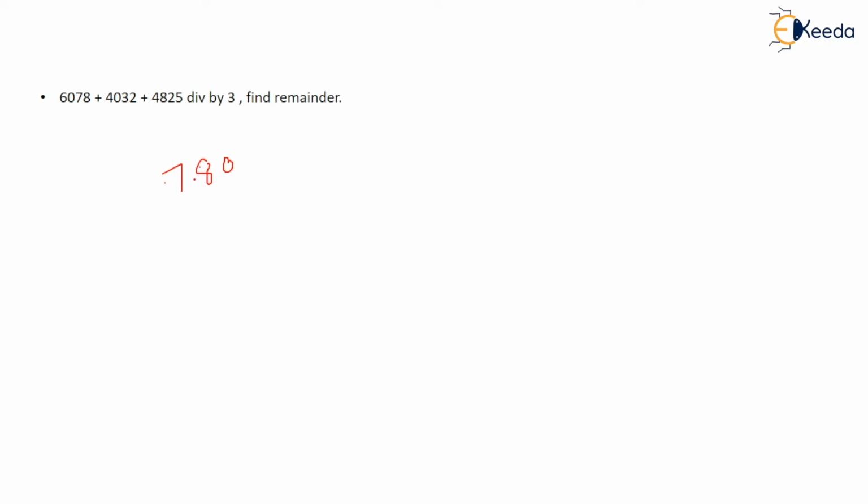What I have to do, I have to add the individual digits. After adding the individual digits, what sum do I get? 15. So is 15 divisible by 3? Yes, it is divisible. That means this number is divisible. So you can check on your own. Okay. 6, 18, 18, 18 goes, right? This is divisible, right? 0 is remaining. So the number is divisible by 3.